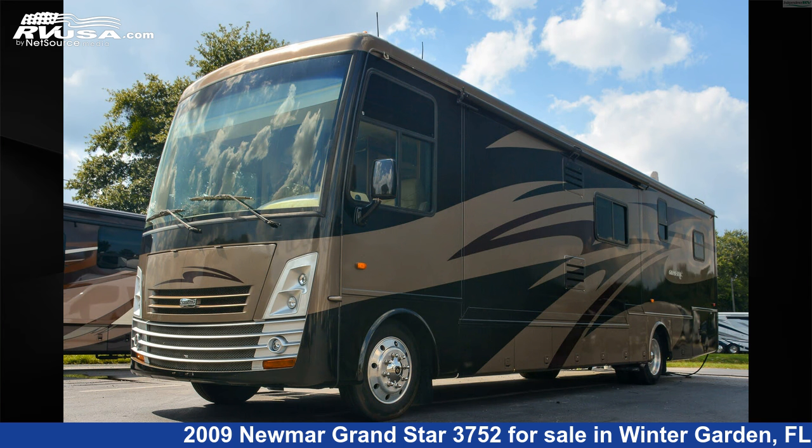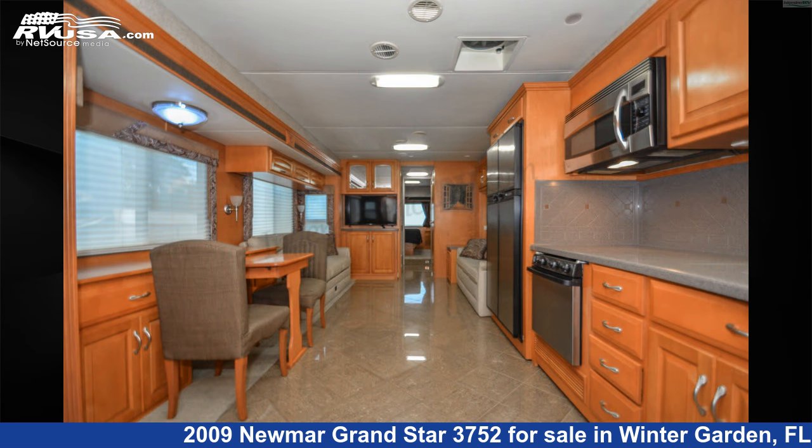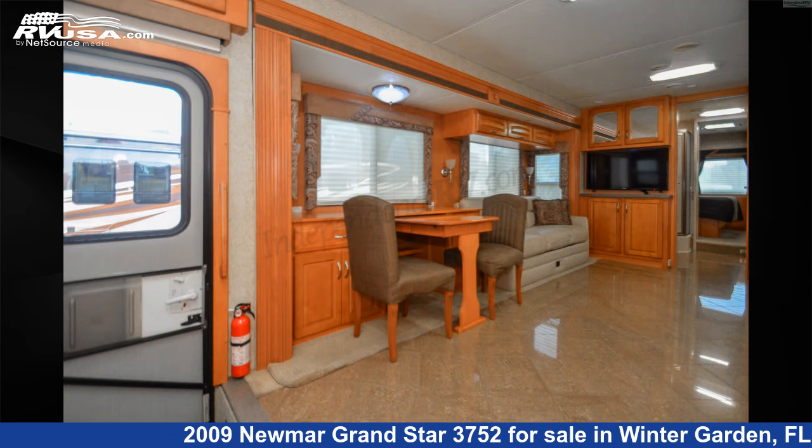This 2009 Newmar Grand Star 3752 is a Class A RV. It is located in Winter Garden, FL 34787 and is offered for sale by Independence RV Sales. This used Newmar is 37 feet 11 inches in length and features 3 slideouts, a Truffle decor, ginger glazed maple